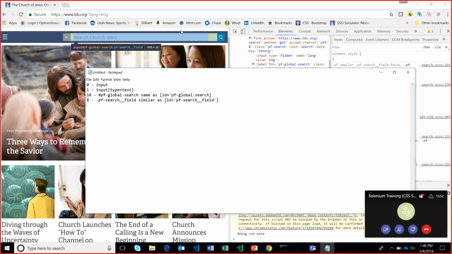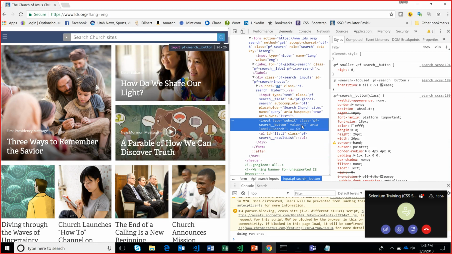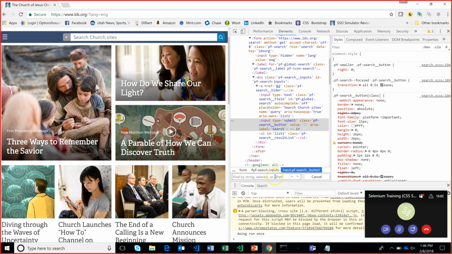So let's try them out real quick, shall we? A way to try them out is if you select a DOM and you hit Control F, you'll notice that this bar down here, which is a search, has showed up in the DOM tooling there for Chrome. And so this takes XPath, CSS selectors, and just strings. So if I did input,